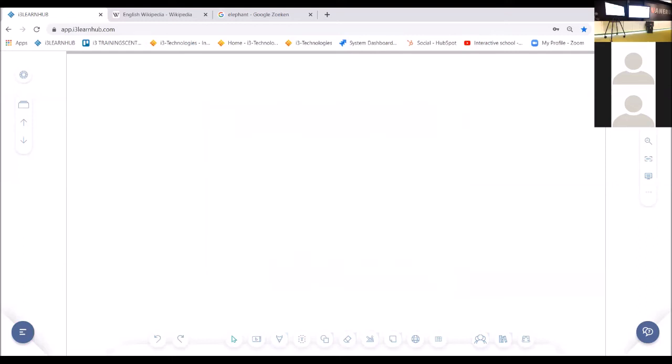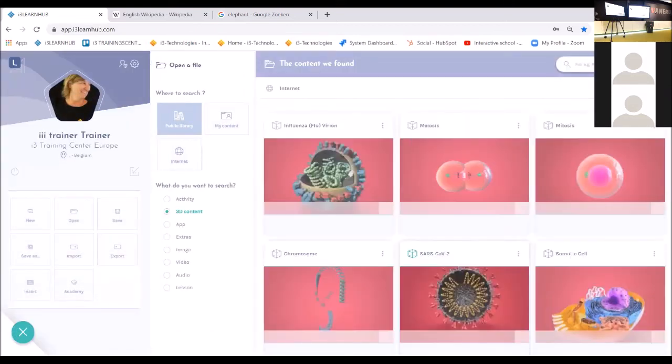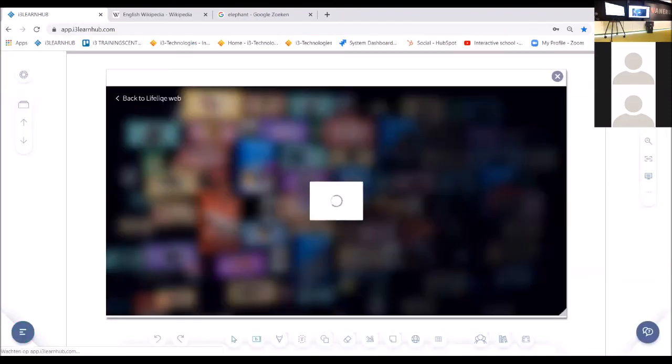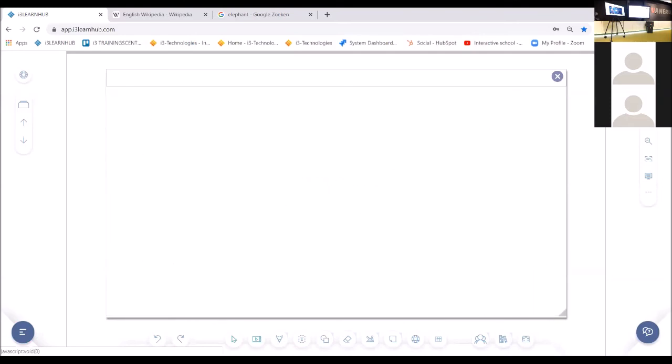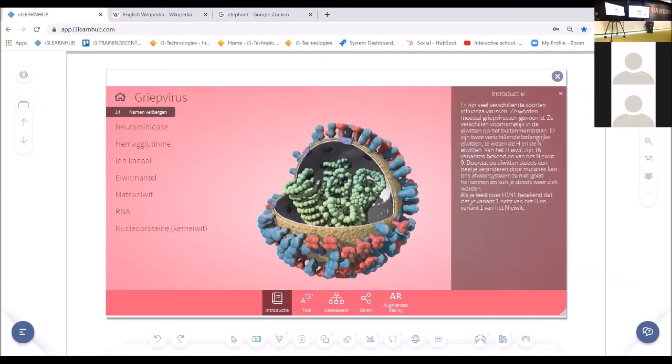But of course, let's do some other things. You've seen maybe those 3D contents. Those 3D contents from Lifelike are actually 3D models which you can use in a lesson from biology or so on. So physics, chemistry, and things like that. Very nice, because you also have the introduction,